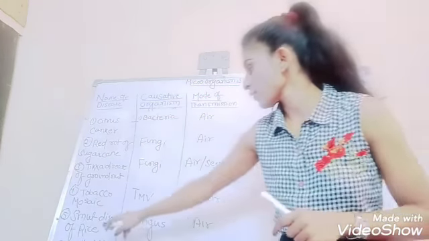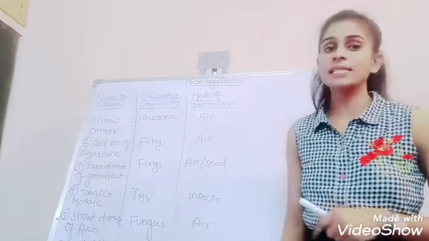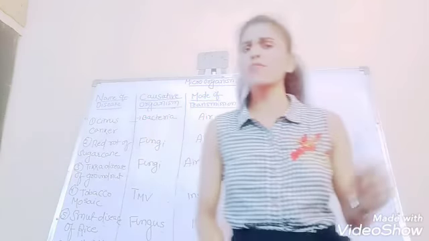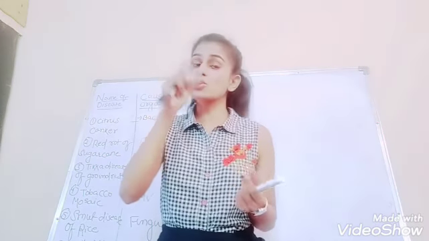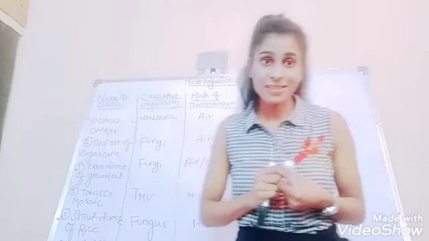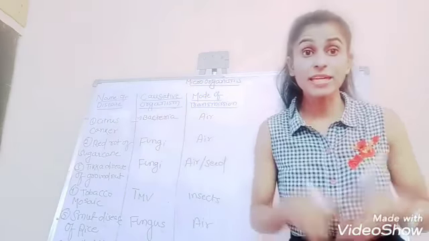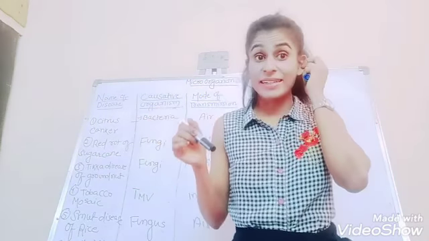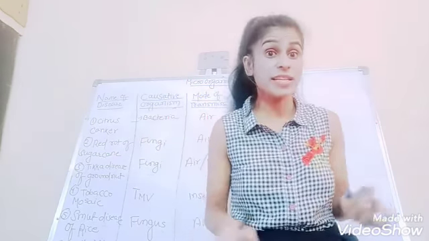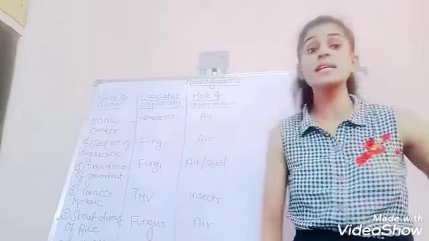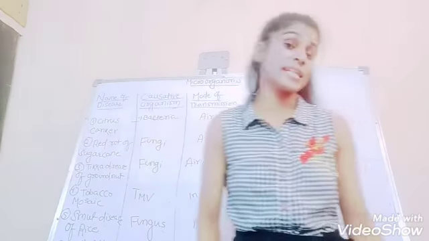Yes. The fifth one, smut disease of rice. Actually, we can see some marks over the rice also. Yes, so that is exactly caused by a fungus, and the mode of transmission is by air. Yellow vein mosaic of lady's finger. You have seen lady's finger turning yellow. The leaves of lady's finger turning yellow. That's all because of a virus, and it's mostly transmitted by insects.